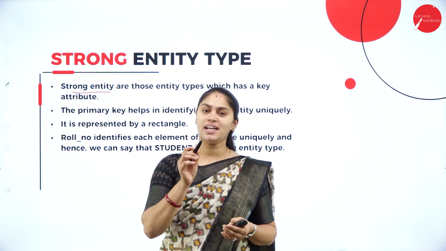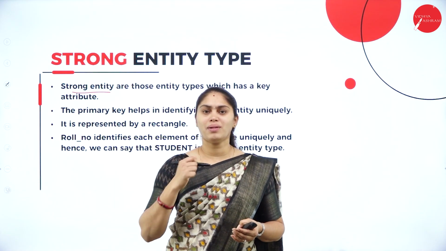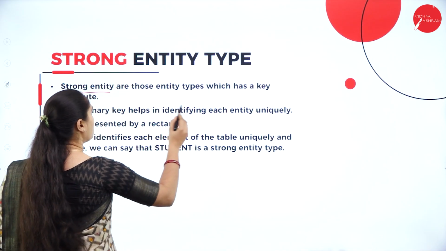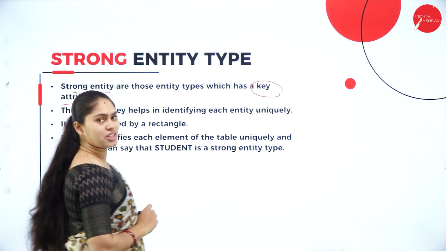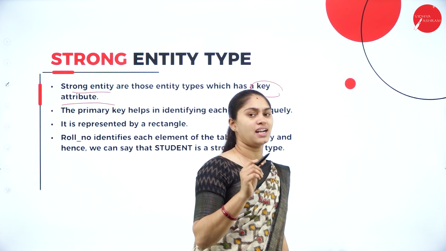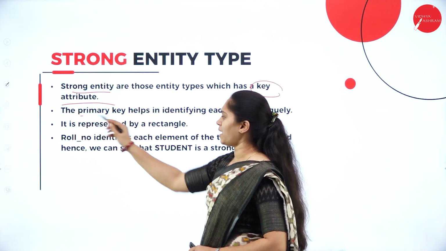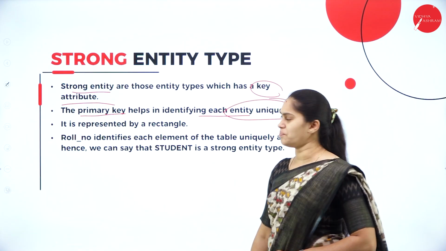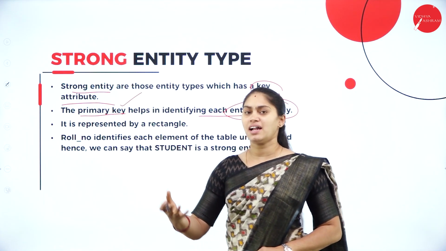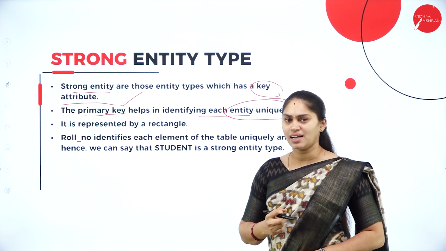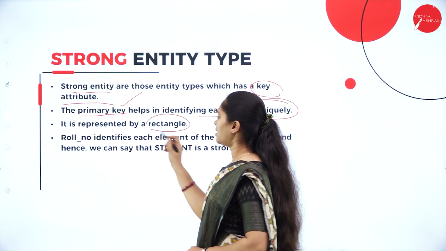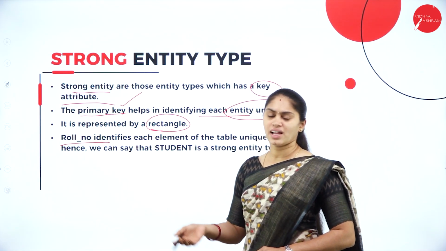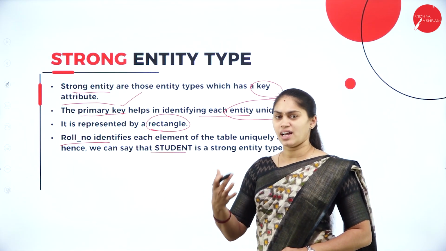So when an entity has a key attribute that makes it unique, we call that kind of entity a strong entity. It has a key attribute, and with the help of this key attribute I identify that entity uniquely. The primary key helps us identify each entity in a unique manner, and it is also represented with a rectangle. In the example of roll number, it helps us identify